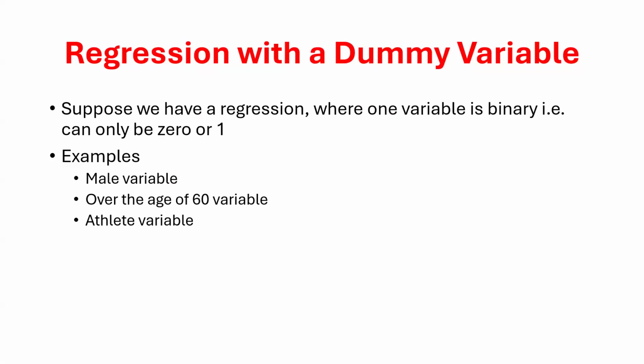If you're looking at medical records, you're going to have ones and zeros, all right? Maybe I'm looking at, is somebody over 60 or not? So any variable that you would create using a conditional statement, a 1 if the individual is older than 60, 0 if they're not. That's a dummy variable. What about whether or not it's a student athlete? 1 if they are, 0 if not. Right? These are examples of our dummy variables. Okay.